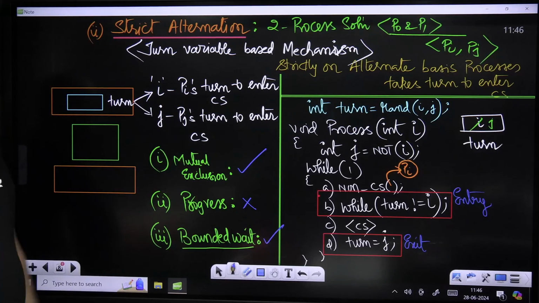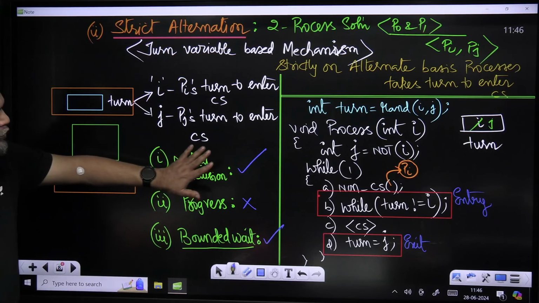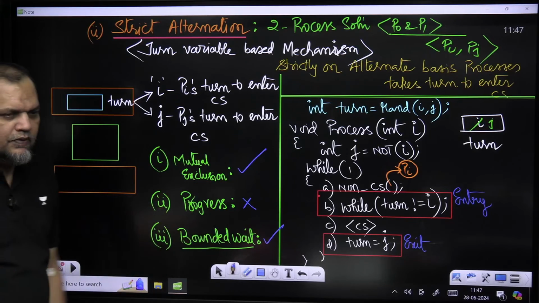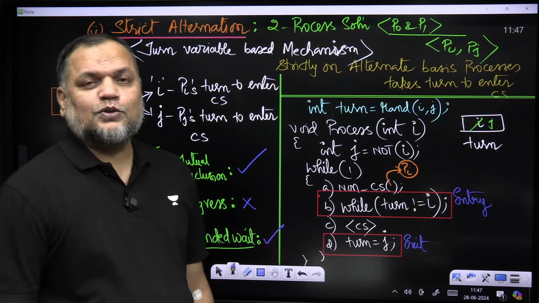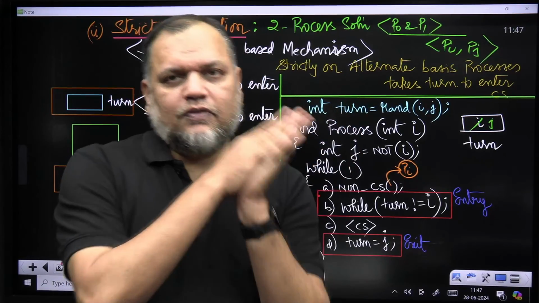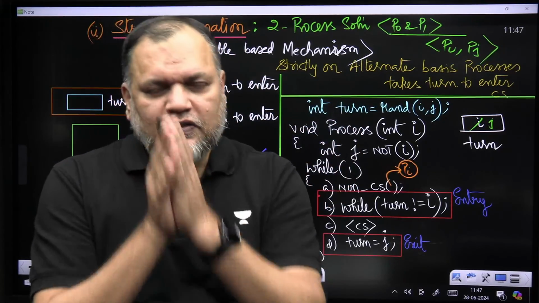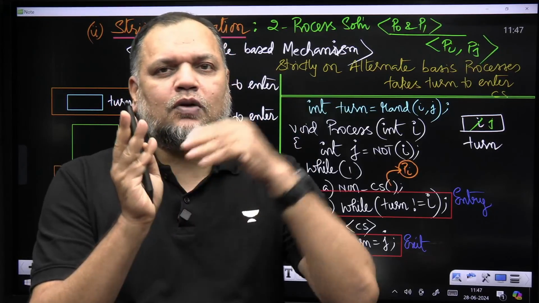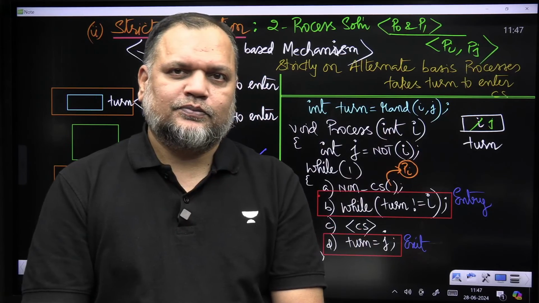तो बच्चों, स्ट्रिक्ट ऑल्टरनेशन गारंटी म्यूचुअल एक्सक्लूजन, डज नॉट गारंटी प्रोग्रेस, गारंटी बाउंडेड वेट। अगर आप गौर से देखो ये सोल्यूशन, इसका ब्यूटी ये है कि जो दो सॉल्यूशंस मैंने प्रेजेंट किए, लॉक वेरिएबल और स्ट्रिक्ट ऑल्टरनेशन, वो इसलिए प्रेजेंट किए कि आपको बताना था कि हाउ ए कंडीशन इज टू बी टेस्टेड फॉर वायोलेशन और फॉर गारंटी।